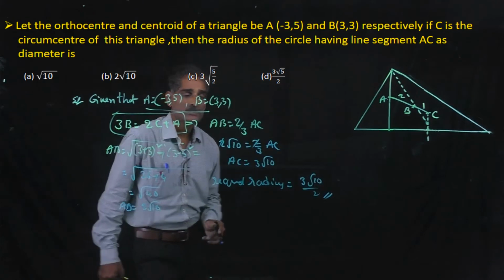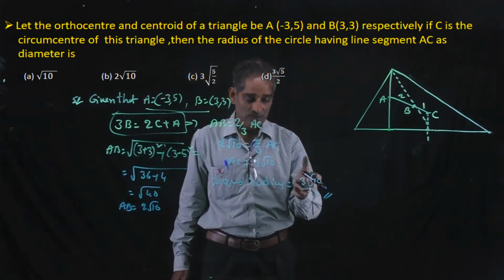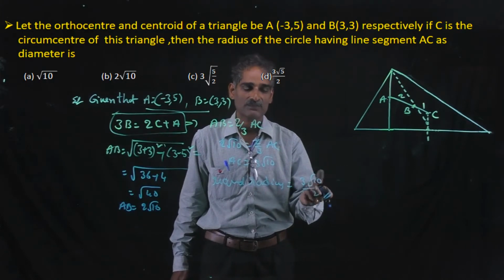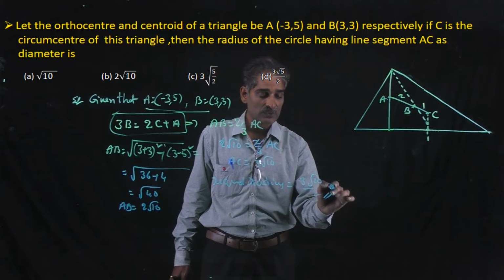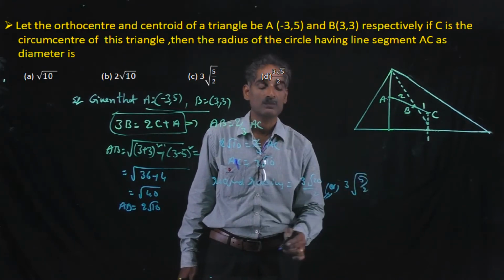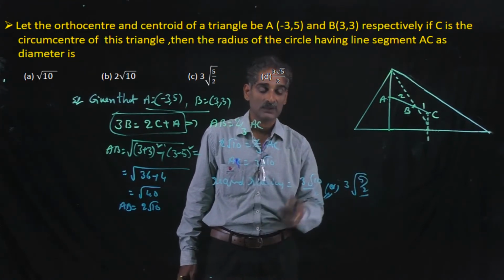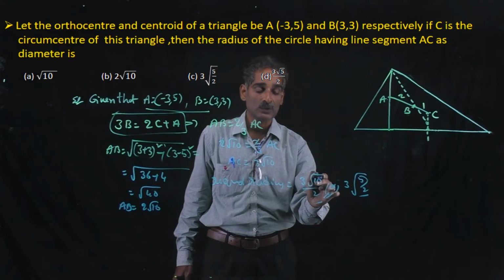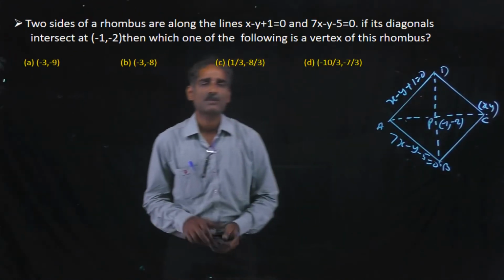Understand? So here we can write this is equal to 3 root 2 into root 10 also. Here we can write root 2 into root 5 by root 2. Here also we can write 3 of 5 by 2. Any one of these two. This is nothing but this one. Here we can write 5 into 2. Root 2 by 2 means 1 by root 2. Okay, right.